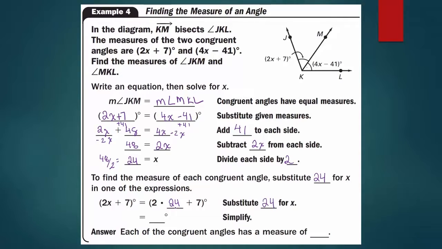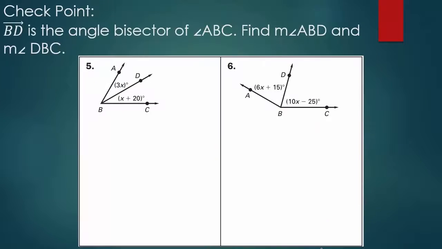24 times 2 is 48. 48 plus 7 is 55. Each of the congruent angles has a measure of 55 degrees. Alright, checkpoint problem number 5 and 6 are yours. We are given that Ray BD is the